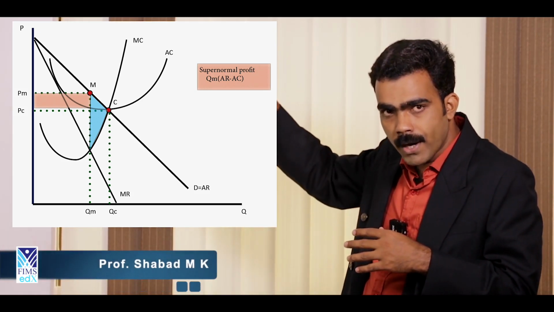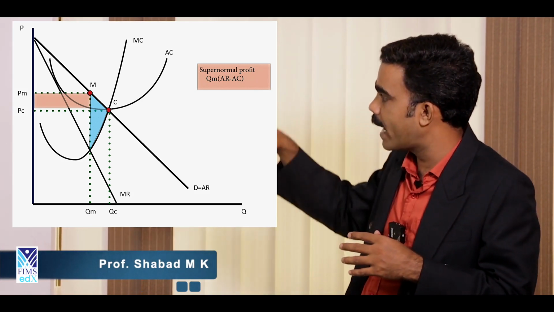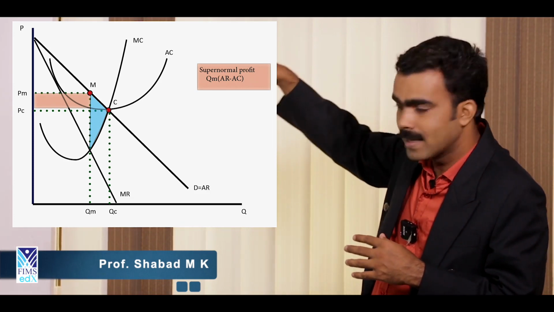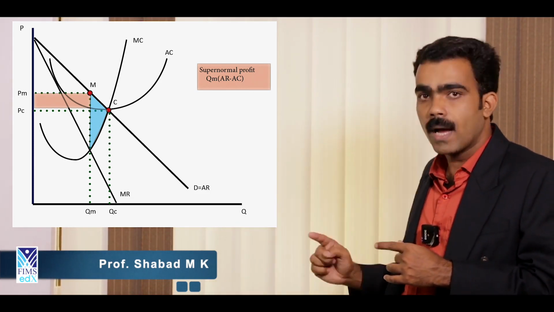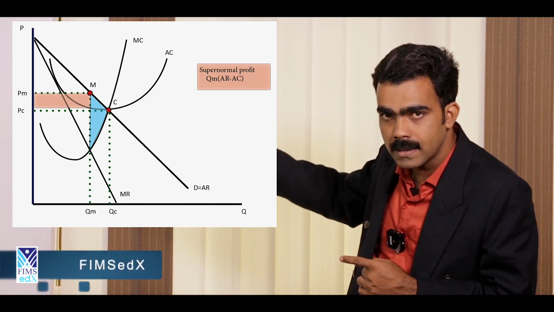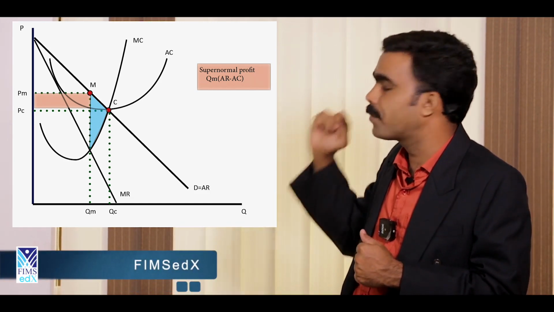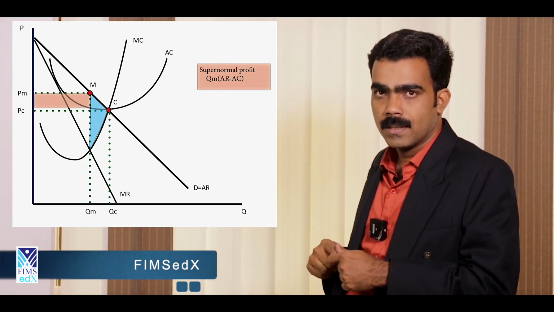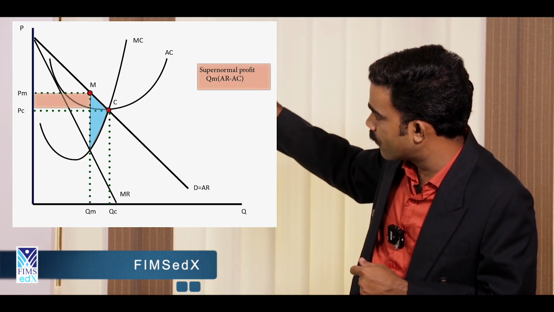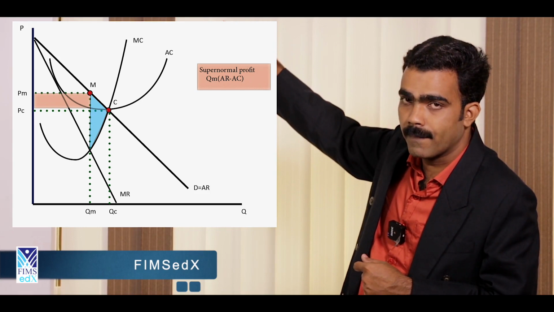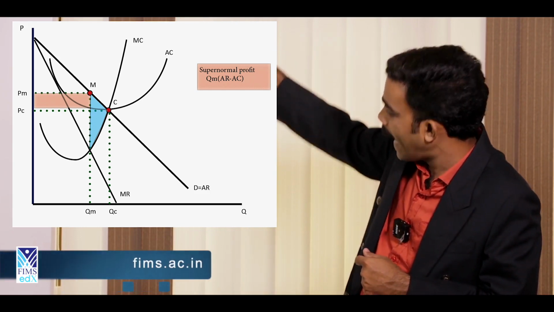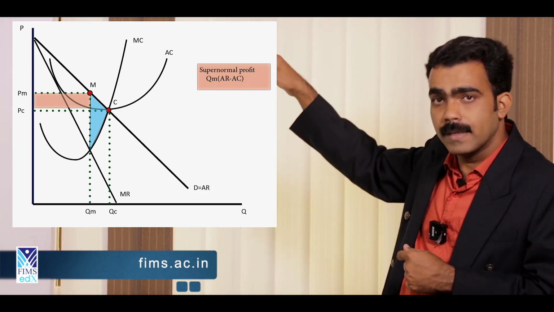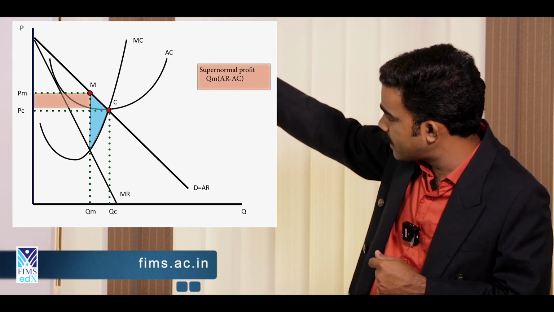Then think about the cost function as usual, a U-shaped average cost and a tick mark. Tick mark in the sense that marginal cost is almost like a tick. Both are touching a point where MR is touching MC. That point is known as the point of equilibrium. From that point, for getting the price level, we have to draw the line up to the average revenue curve. That connects to the price level and output level. So, price, output, intersection. Then think about the minimum cost level, the point at which AC is minimum.